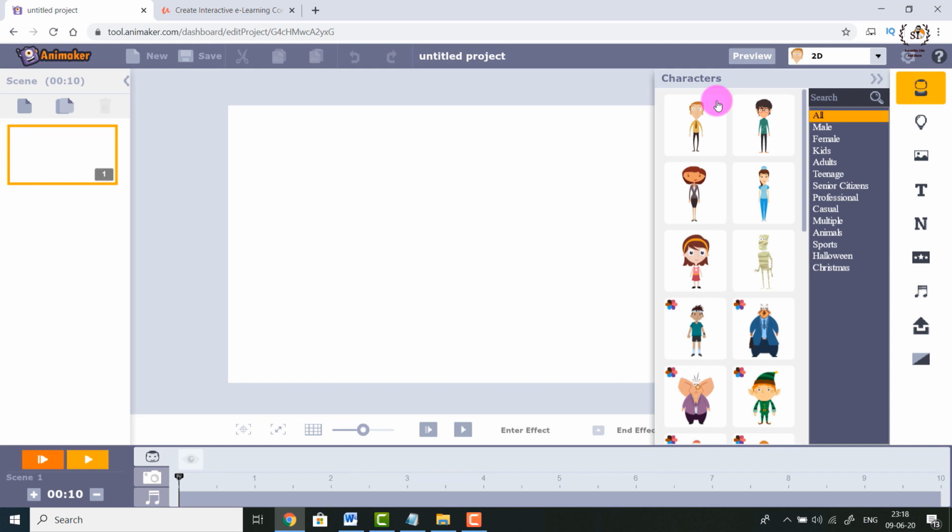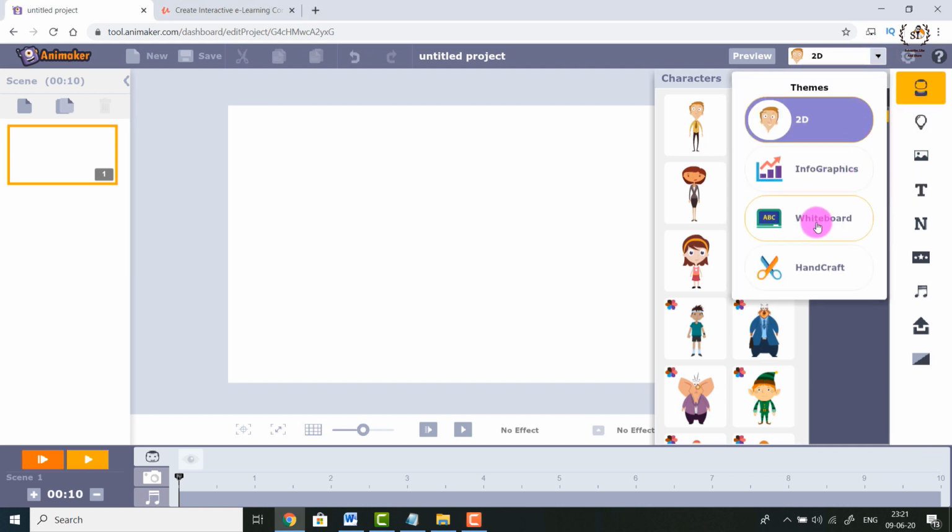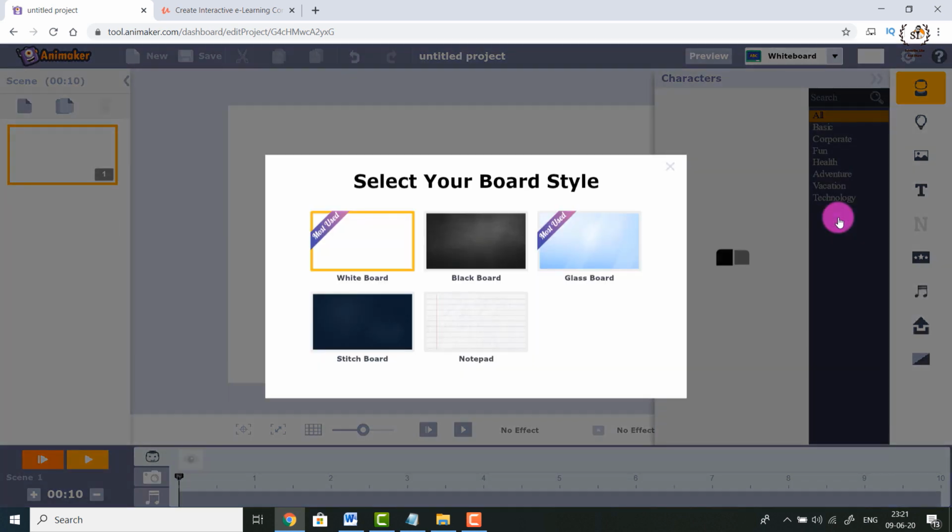So you can see that this particular application has quite a similar kind of interface as compared to Animaker, but it's a little simplified. You can see that everything has shifted from left to right over here. The very first thing you need to do is go to this drop down bar and select whiteboard animation, because we have already seen what 2D animations are, so I won't be focusing much on that. I will focus mainly upon this whiteboard animation.